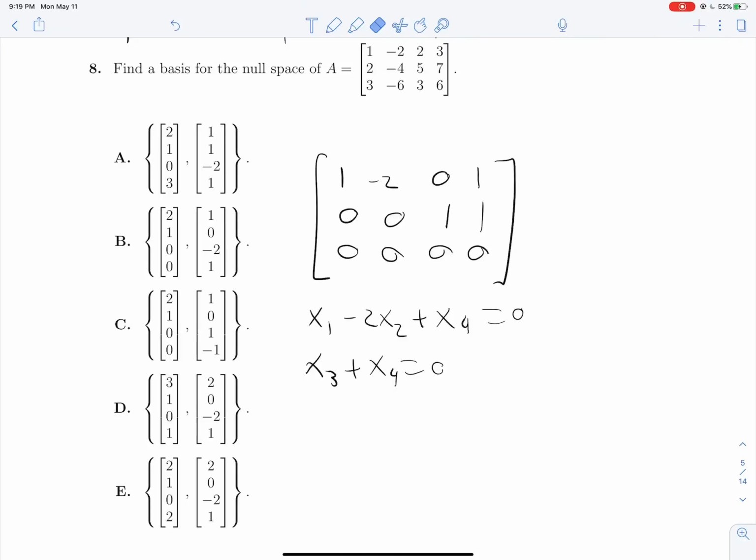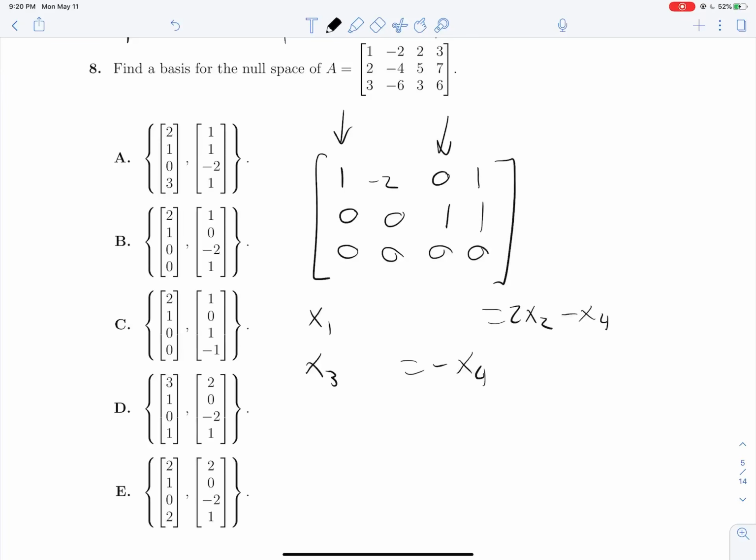Let's move all of our free variables, which in this case are x2 and x4, because their columns don't have pivot positions. We have only a pivot position in column 1 and column 3. But let's move all those free variables over to the other side. We have negative x4 minus x4